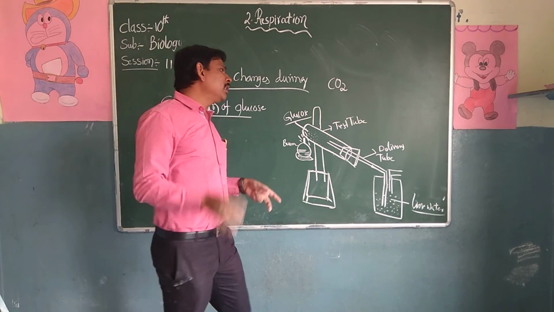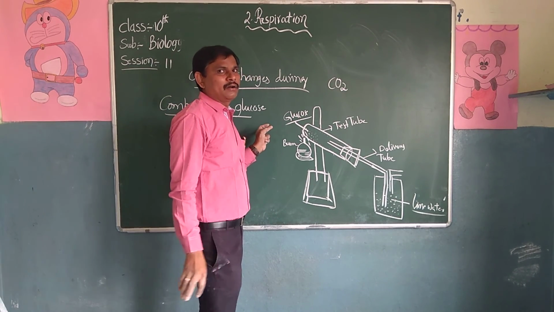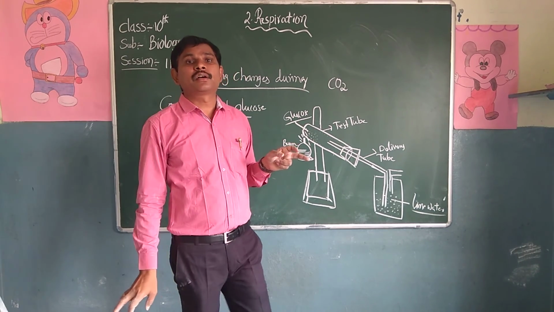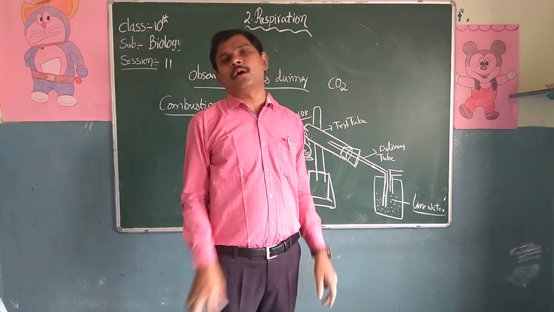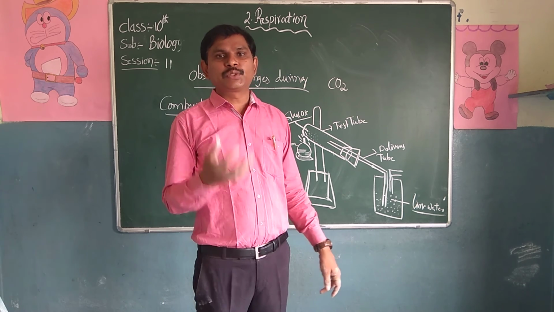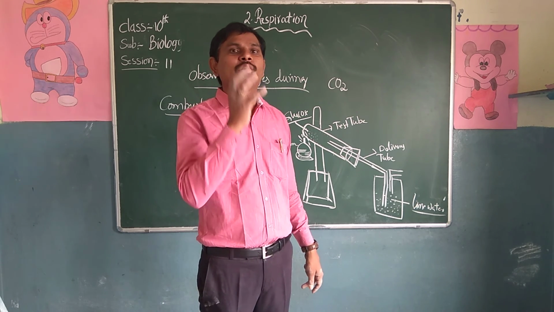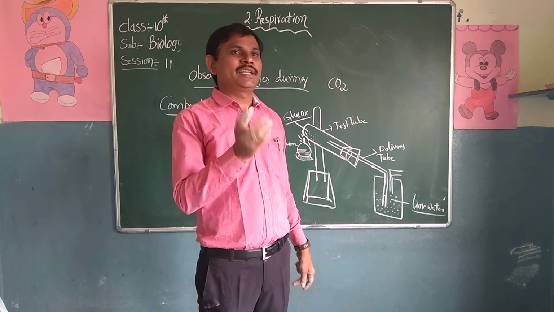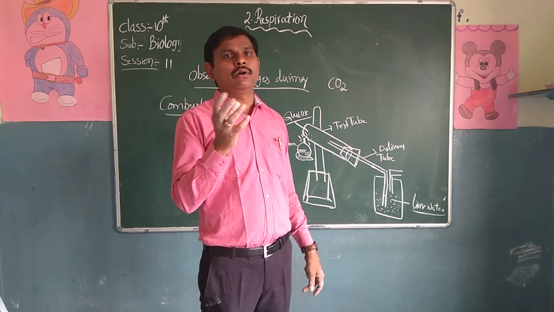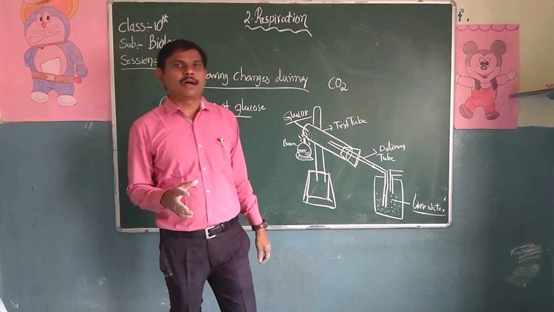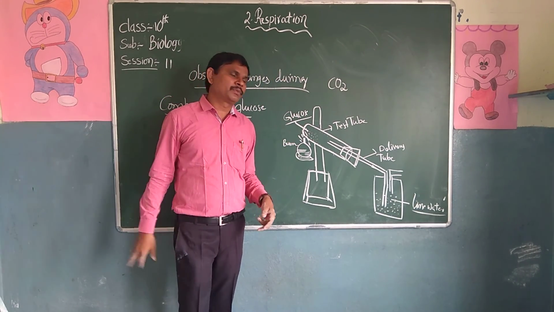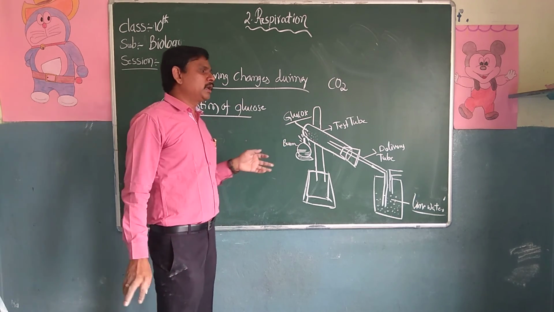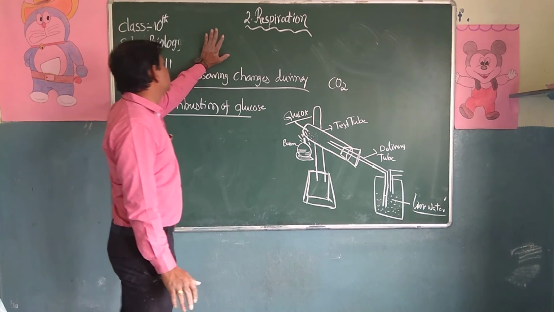To control the process of burning in our body or cell, we have sufficient water in our body. So this water is going to control the burning of the glucose. Only when it is required will it break down and start the burning of the glucose in our body. So these are important. Both are important, but the most important is